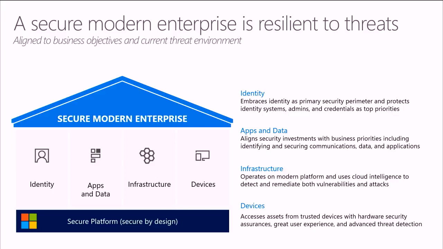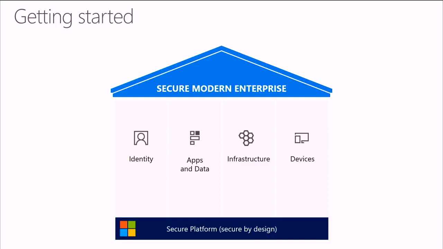And we can break that down further when we look at the identity and the apps and the data and the infrastructure and the devices perspective. Identity really is a security perimeter. We're going to talk a lot about that. The business value is captured in the apps and data. What are the applications and capabilities they're providing to their customers and their employees? And what is the data that stores all of this knowledge and information about their business that helps them run it every day? And the infrastructure piece, it's a very important foundational component. A lot of benefits by embracing the cloud there